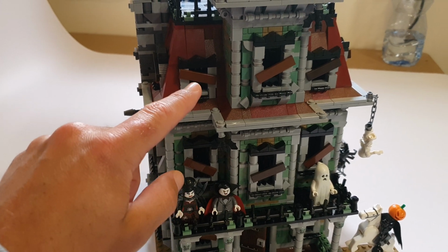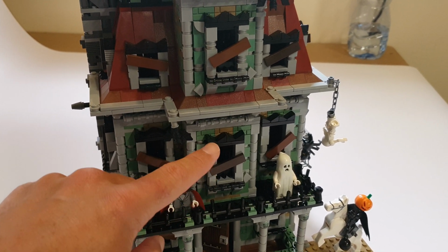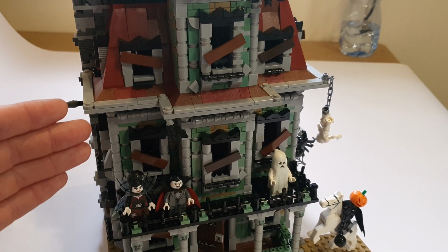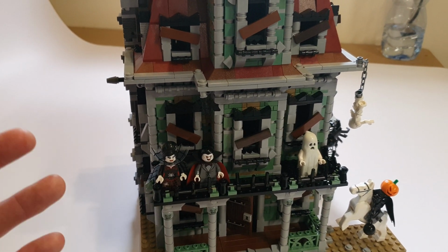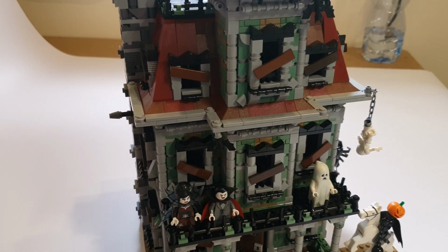A few little things. I didn't have the beige windows. For anyone who has this house would know what I'm talking about. I didn't have the beige windows inside, so I just put longer black ones. There's no glass in there yet because I didn't have it, but it's hard to see in there, so it doesn't really matter to me. Obviously, these are the details of the real house. If I had it again, guys, I'd be over the moon, but still, I'm quite over the moon with how this turned out,